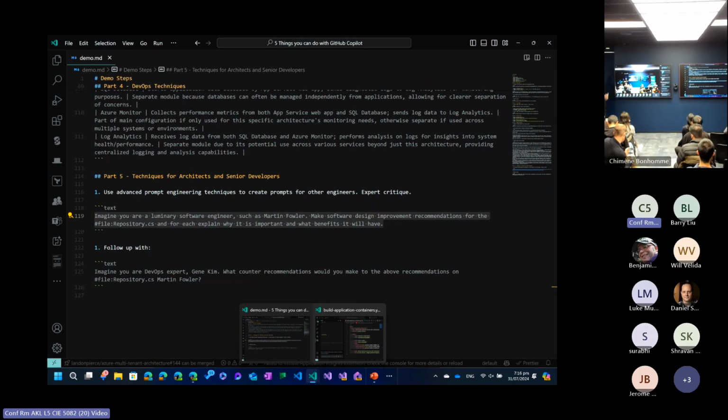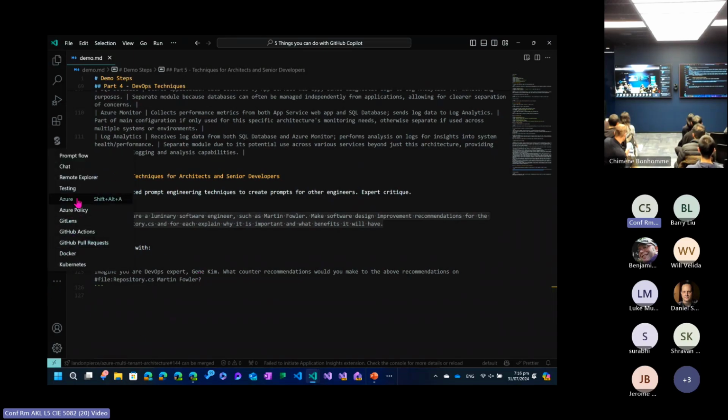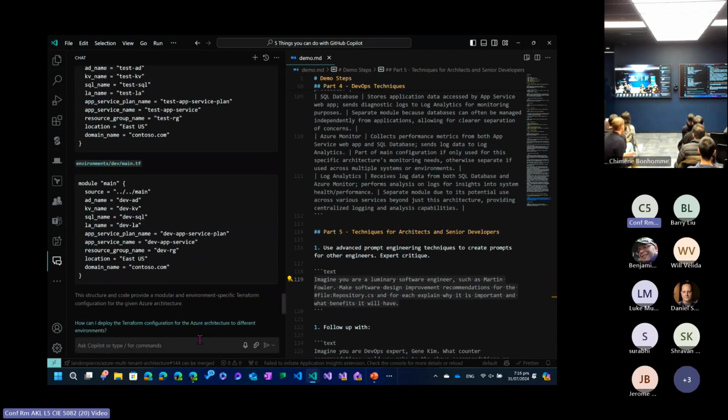expert critique. So an expert critique is where you ask the model to pretend it's actually an expert in something and to provide you guidance based on that area of expertise. Pick your favorite developer, Ada Lovelace or Martin Fowler. I've used Martin Fowler because he wrote books I quite enjoy. So what I'm going to do is get GitHub Copilot to pretend